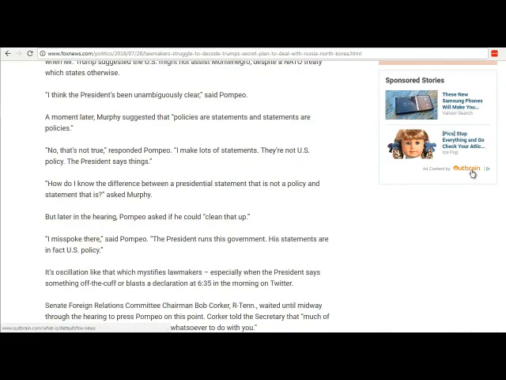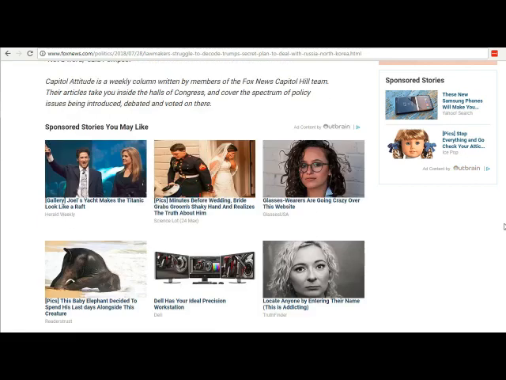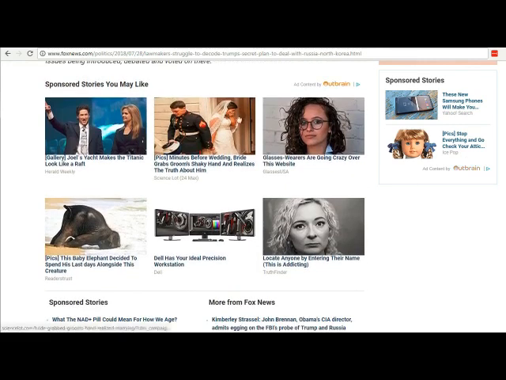So Outbrain is one of them. Taboola is another one. These are basically sites that showcase advertorials. So if you scroll down, you're going to see stuff like sponsored stories you may like, ad content by Outbrain. These are advertorials. You're going to notice that they purposely make them look like news items because they blend into the news. The more you can make them look less salesy,